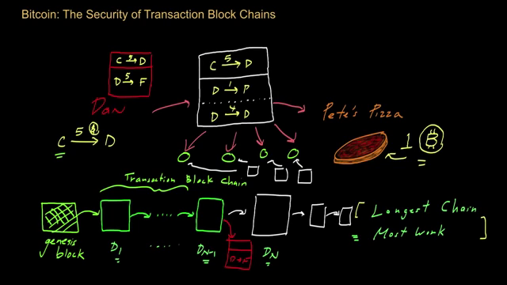And to come up with this longer chain on his own, Dan has to outrun the existing proof of work chain, and that means he has to solve not just typically one proof of work puzzle, but he may need to solve several proof of work puzzles to create another chain that he hopes will be longer than the chain that's out there. And if he can get the longest chain, then he can get people to start using that chain instead, and that's a chain that he might want people to use because it contains this fake transaction, but it removes the previous transaction where he gave money to Pete.